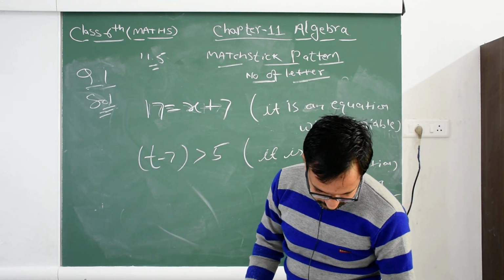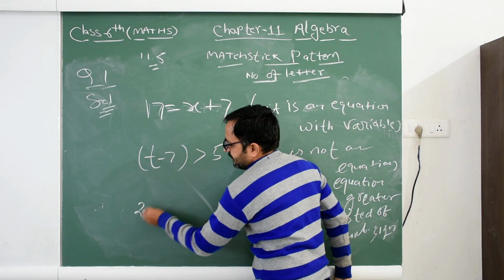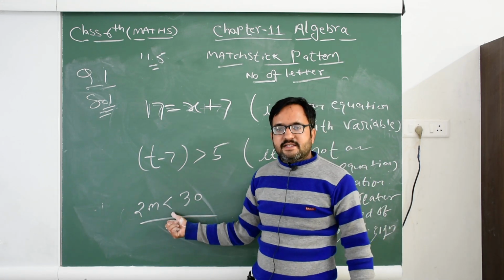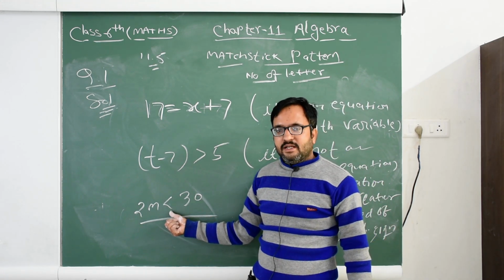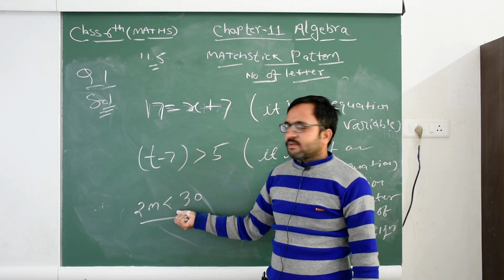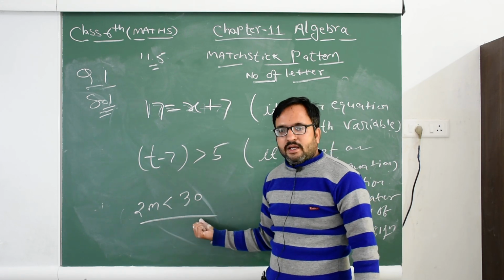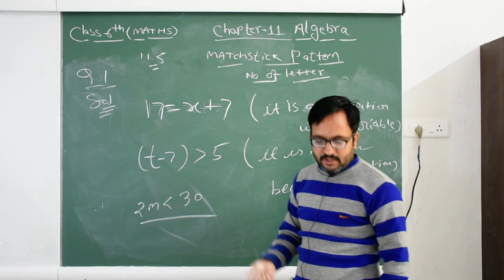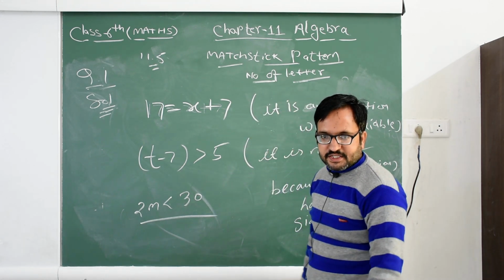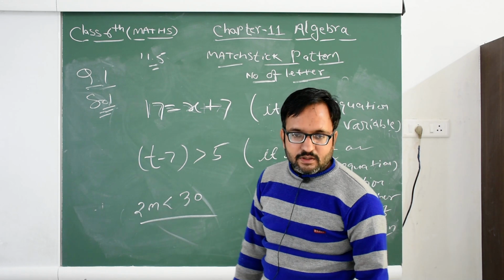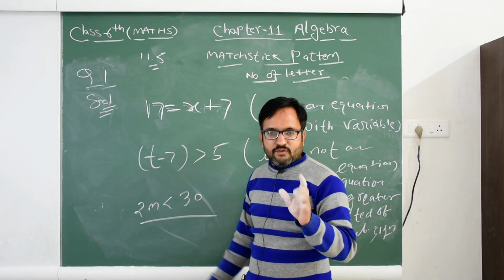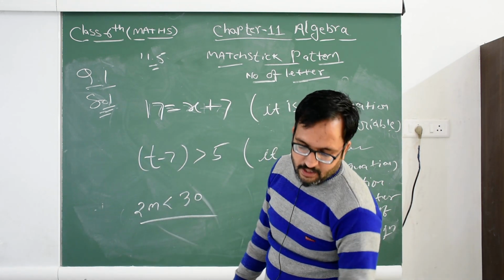Okay, now 2m less than 30, same as here, is a less than sign. This is a comparison sign. Less than and greater than are comparison signs, not an equal sign. We always find the equal sign in equations, so this is not a type of equation. Try to classify the equations in these questions, and m is your variable, t is your variable, x is your variable.